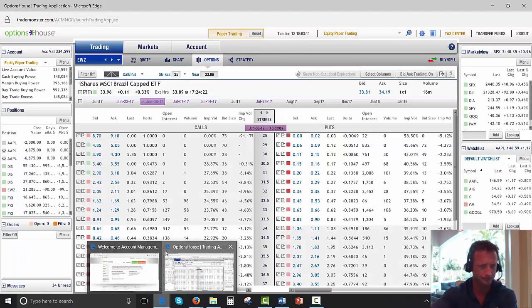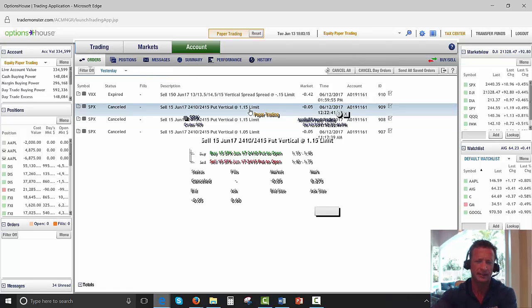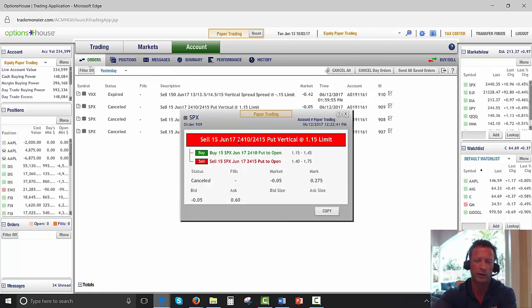I like that. Along with yesterday, I sent out a weekly options trade, a bull put spread at $1.15, the 24.10, 24.15 bull put spread. That's at about 27 cents now. Using mental math, that's about $1,300, so $1,300 in a day, plus about $500 out of Apple. That's about $1,800, folks. So I've almost paid for an annual membership in just the short time we've been together